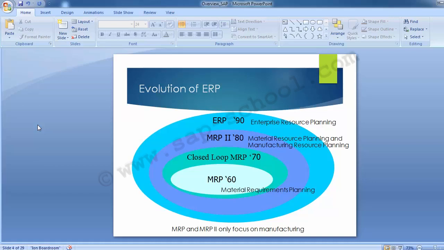So as we can see on the screen, this is how ERP has evolved, and in today's time ERP has been taken up by many different competitors with their own ERP products. One of them, the market leader, is SAP. Apart from that, there are many other competitors in the market like PeopleSoft, Oracle, JD Edwards,